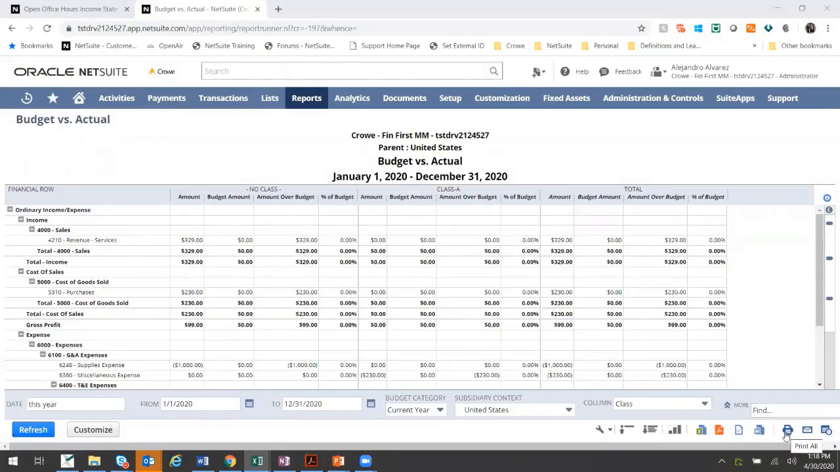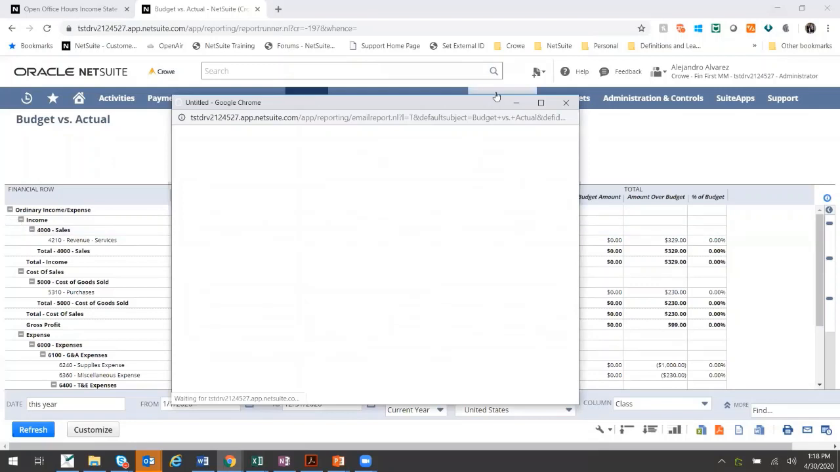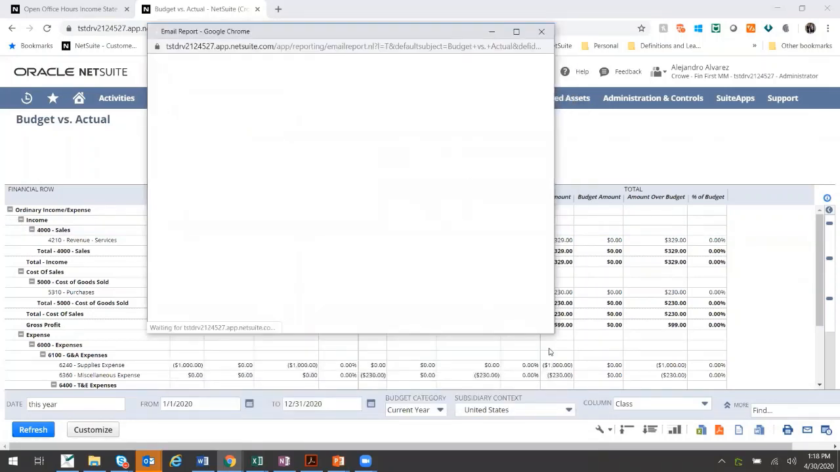A couple of things you can do as well. You can print the report. You can also email the report. If you click this email, some users don't know this, if you email the report